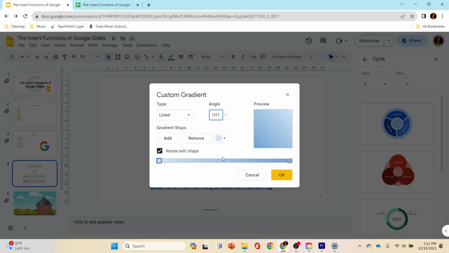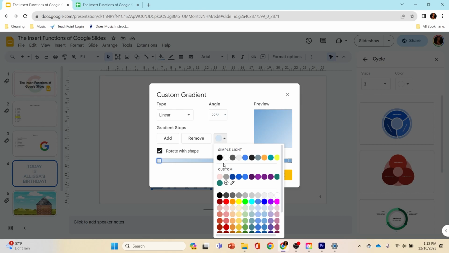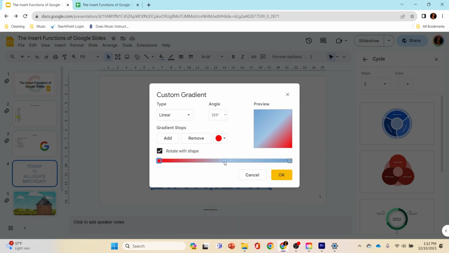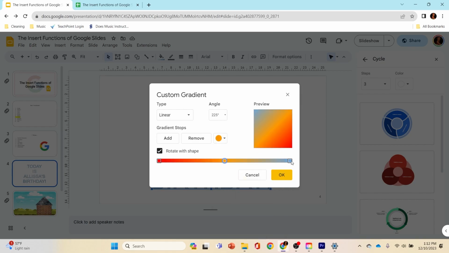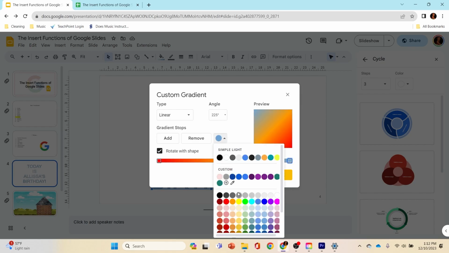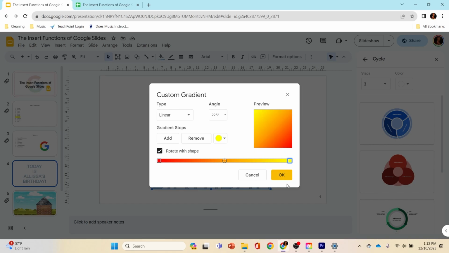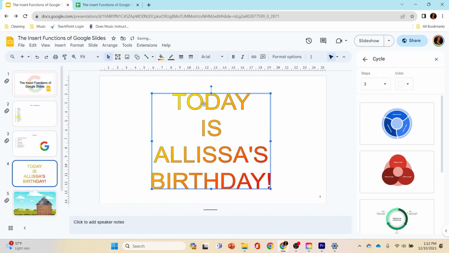I can change the angle at which the gradient is at. I can add a stop. So for example, maybe I want this to be a different color. Let's make this red. Let's make this one orange. Let's make this one yellow. So you could create a custom gradient